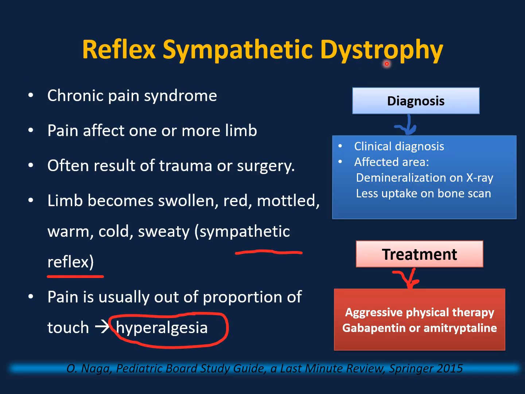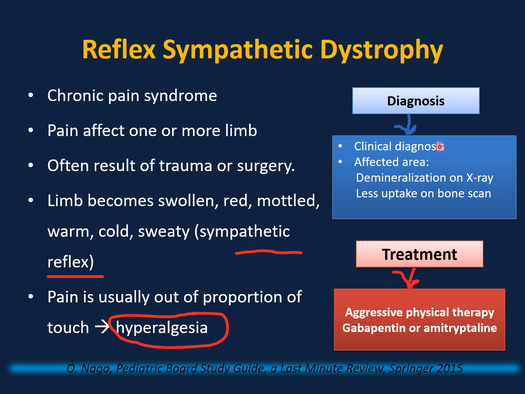Reflex sympathetic dystrophy, it's a chronic pain syndrome. The exact cause is unknown. Pain affects one or more limbs, often resulting from triggers such as trauma, venipuncture, stress, or surgery. Limb becomes swollen, red, mottled, warm, cold, sweaty, or hyperhidrosis, which is a sympathetic reflex. Pain is out of proportion